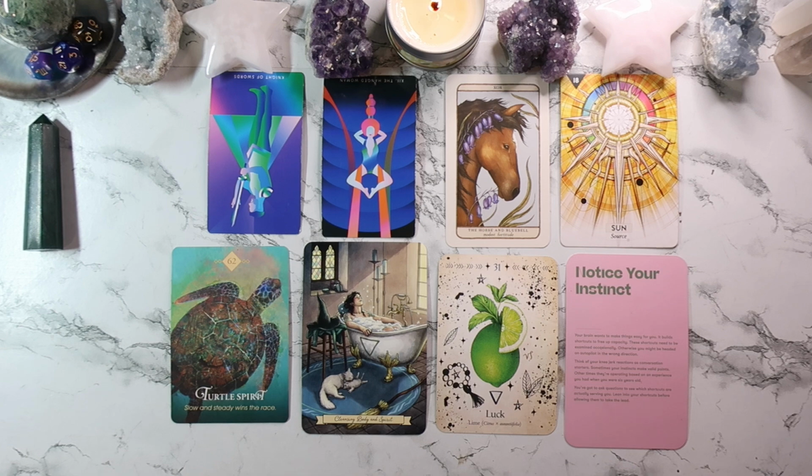I also feel like maybe balance and patience could be really beneficial here too. Maybe avoid rushing into things and trust that with a steady and mindful approach, financial growth will follow, right? So I think that you combine disciplined action with this willingness to change your perspective, and then I feel like you can align your